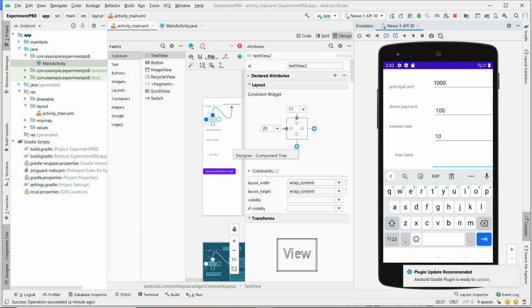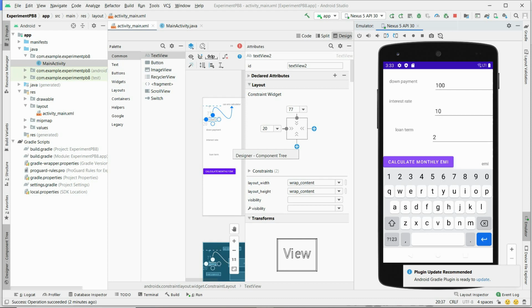Click on this. Loan term you make 2 years. Click on this. Okay, it shows the calculate EMI button. When you click on the calculate EMI button, it calculates the EMI and shows 37.94 as the EMI. Monthly EMI is 37.24.